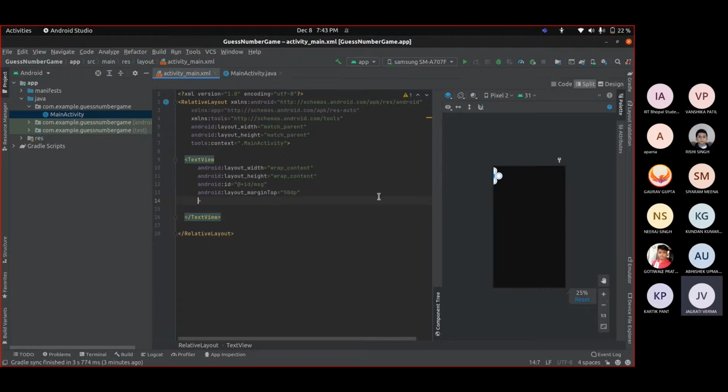Okay, so we have set the margin, and just type here center. I want it to be centered horizontally, so I'm going to write true.